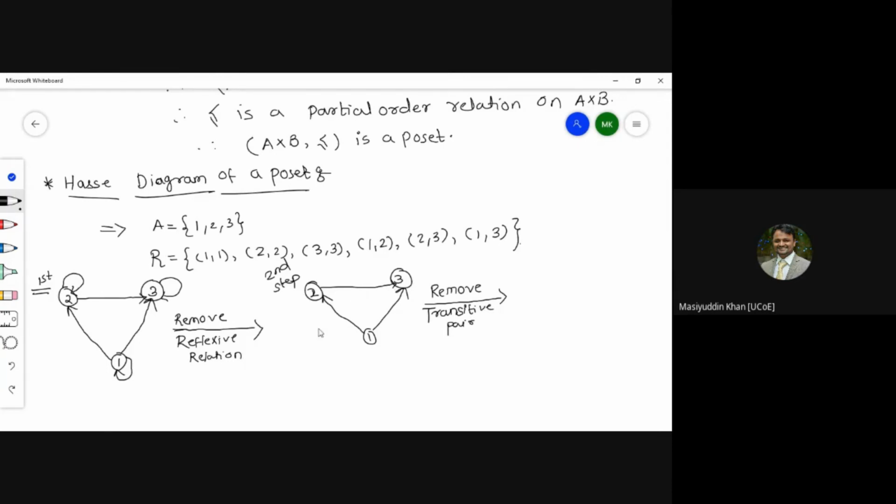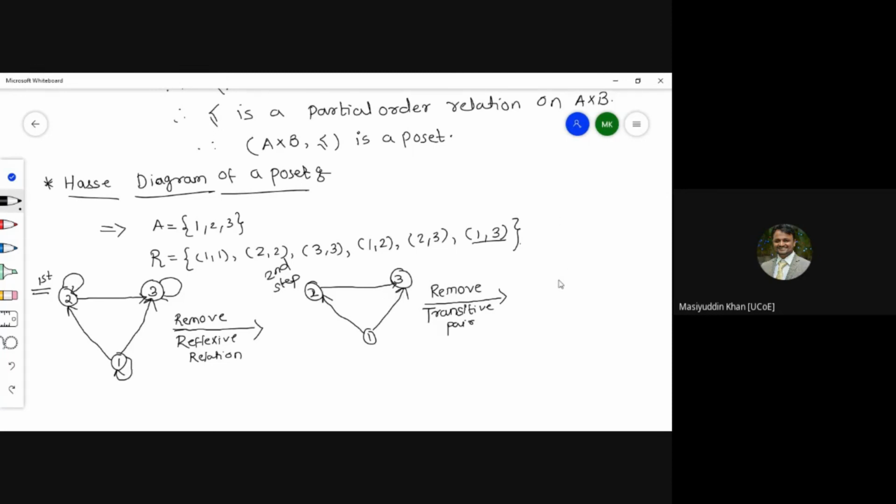अब इसमें से भी ट्रांजिटिव पेयर को आपको रिमूव करना है. ट्रांजिटिव पेयर कौन सा है, देखो 1 to 2, 2 to 3, therefore 1 to 3. 1 to 3 ये वाला जो पार्ट है इसको हमको रिमूव करना है अभी. तो ये पार्ट आपको रिमूव करना है, ना कि पूरा 1 to 2, 2 to 3 और 1 to 3. ये देखो 1 to 2, 2 to 3, 1 to 3 है तो इसके वजह से ट्रांजिटिव हो रहा है. तो 1 to 3 we have to remove here.